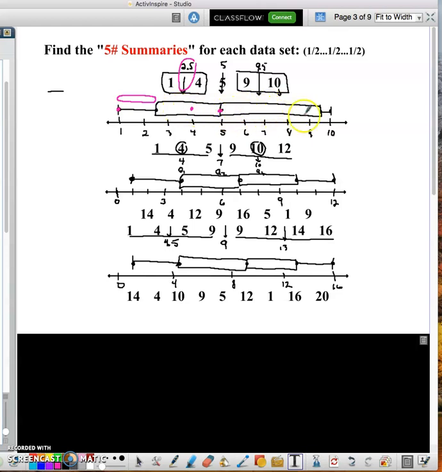There's one number from 5 to 9, and that number is, I think I did this wrong. This should have been over here. At any rate, 9.5 is the quartile 3, but there's one number from 5 to 9.5. It is the number 9. It's sitting right here. And there's one number in this grouping from 9.5 to 10, and that is this number right here. So my pink outlines the numbers, and you can see there's the same amount of numbers in each group. There's one in this group, one in this group, one in this group, one in this group,